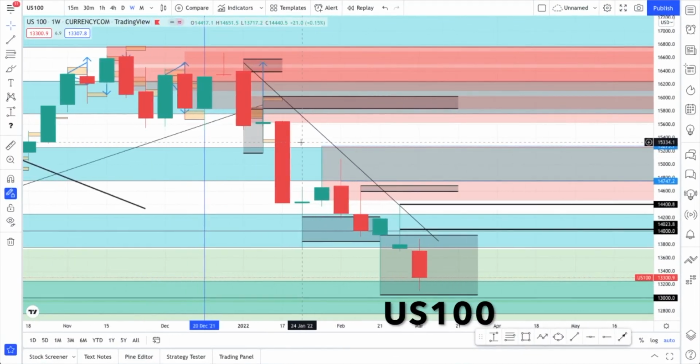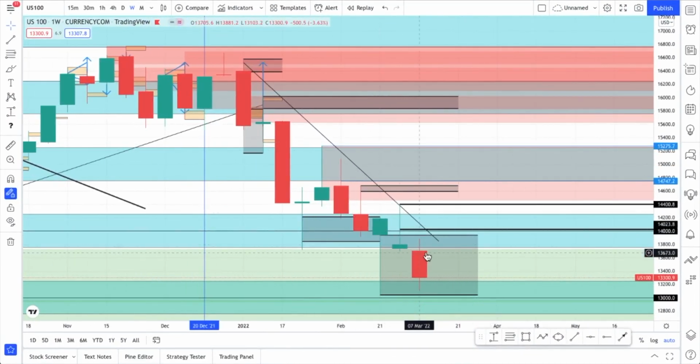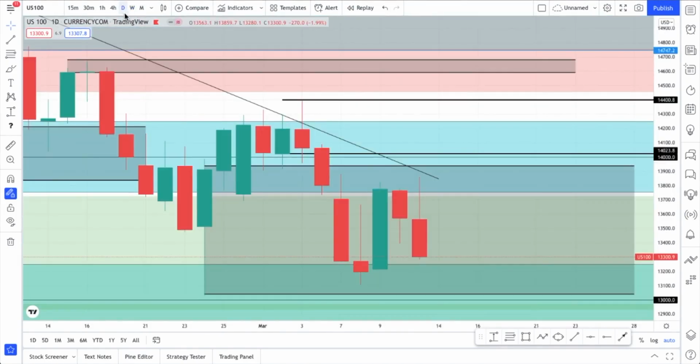Looking at the NASDAQ, we can see that in the previous week prices came back down due to this risk off sentiment, and right now we are situated in the 13,000 psychological price region. We have since seen a bounce on the weekly time frame, and if we move down to the daily time frame, you can see that prices on Monday came down here, and on Wednesday rallied back up to the psychological zone before again bouncing in it. So prices are now playing around these two psychological zones.